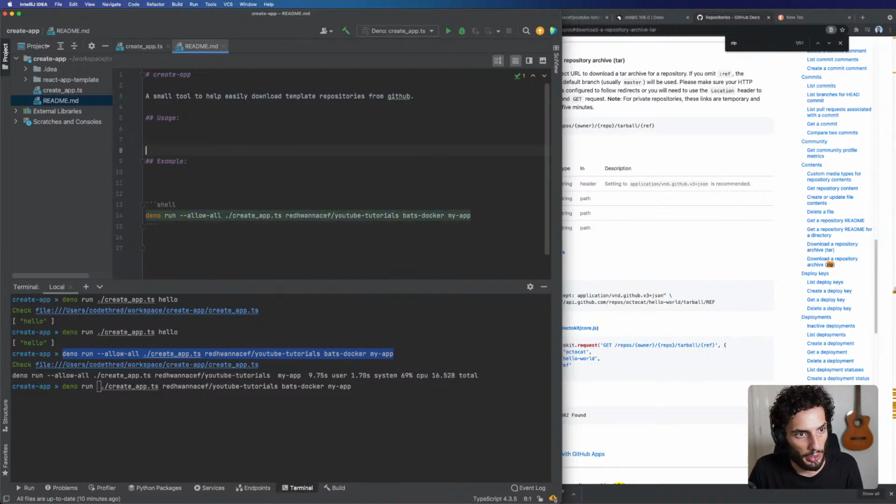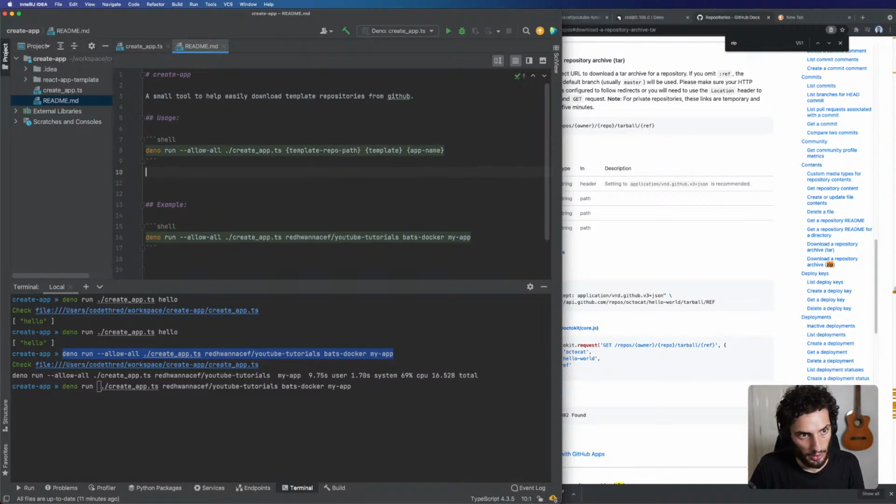So let's just copy this over up here, and then let's do this: repo, template repo name path, template, app name. And then let's just do a quick params args